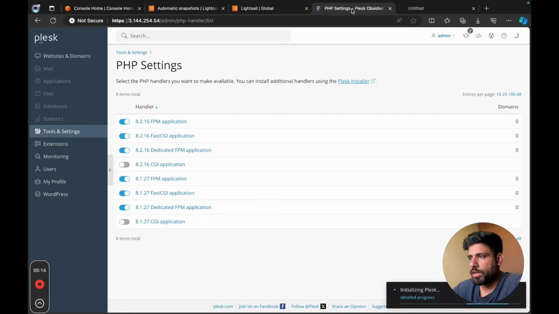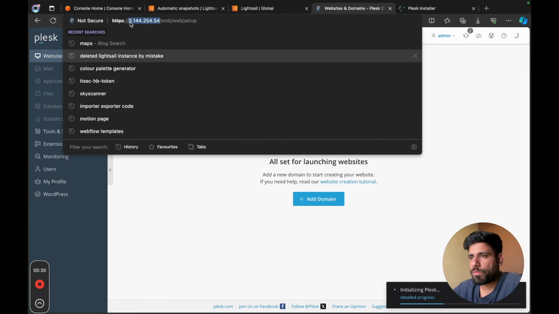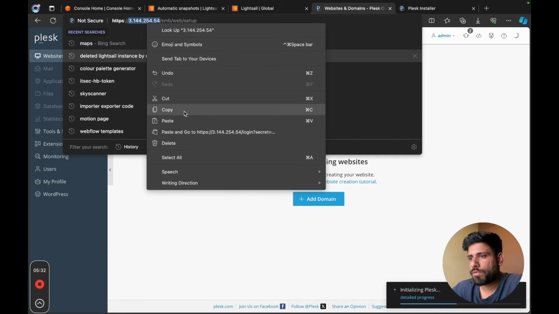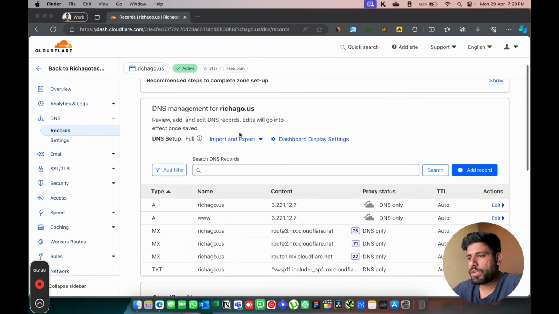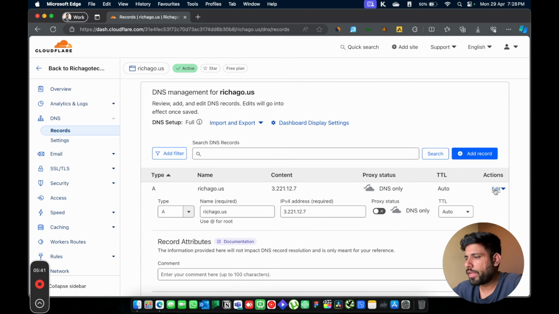Now, what if you want to run 8.3? There are ways to go into the Plesk installer and add that version as well, but that is something additional if you want to configure on your own depending on your requirement. But for now, what I'll show is that here is our IP that we want our domain to resolve to if we want to host that on this server using Plesk. What you have to do is copy the IP from here and go on to the DNS settings of the domain that you want to connect it to, and then just change the IP,